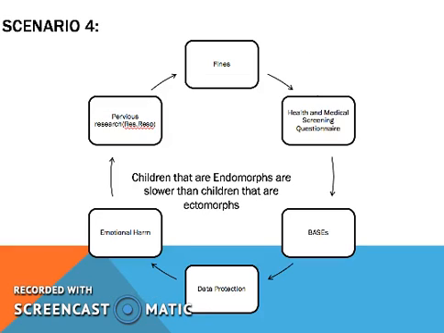Now, the final scenario is children that are endomorphs are slower than children that are ectomorphs. Instantly we can see that this can cause emotional harm if they're all in the same environment or same room or same place, because the bigger children will know that more than likely they are not going to win a race against someone that is smaller. That's why if this person were to carry out an experiment, I think it would be better for them to carry out this experiment in a space where it's only the researcher and the participant,